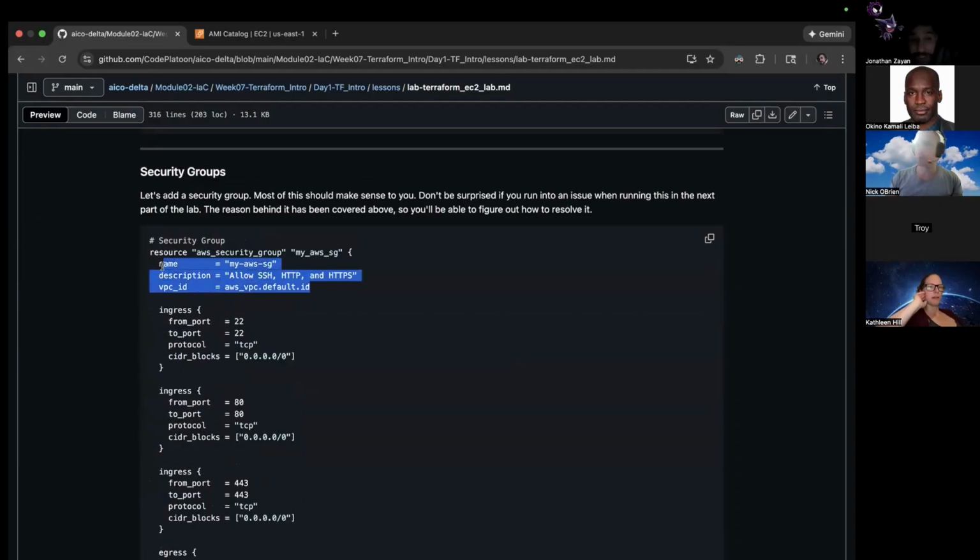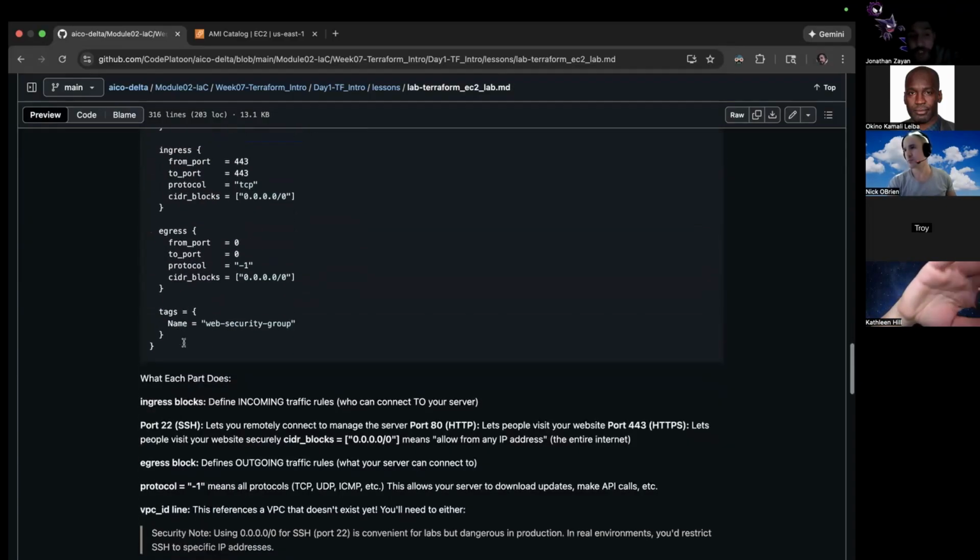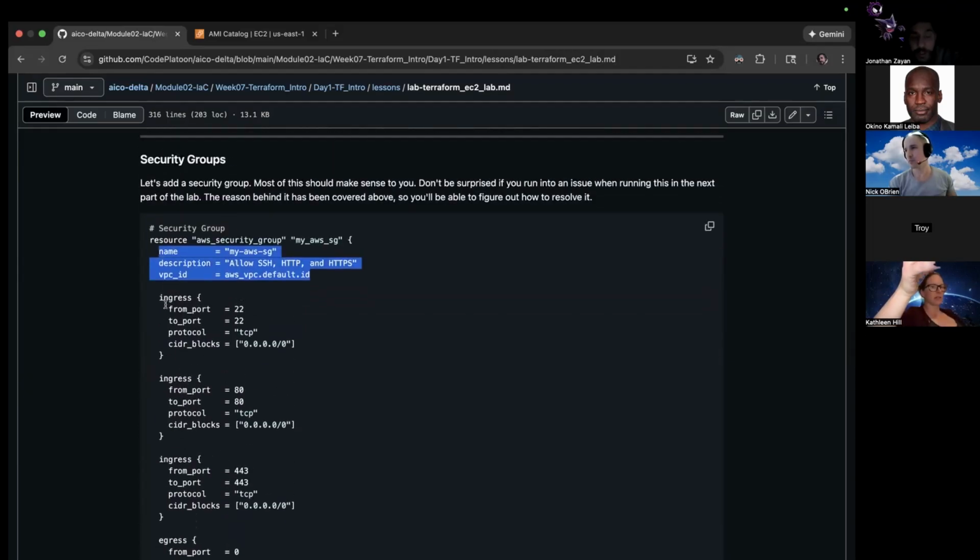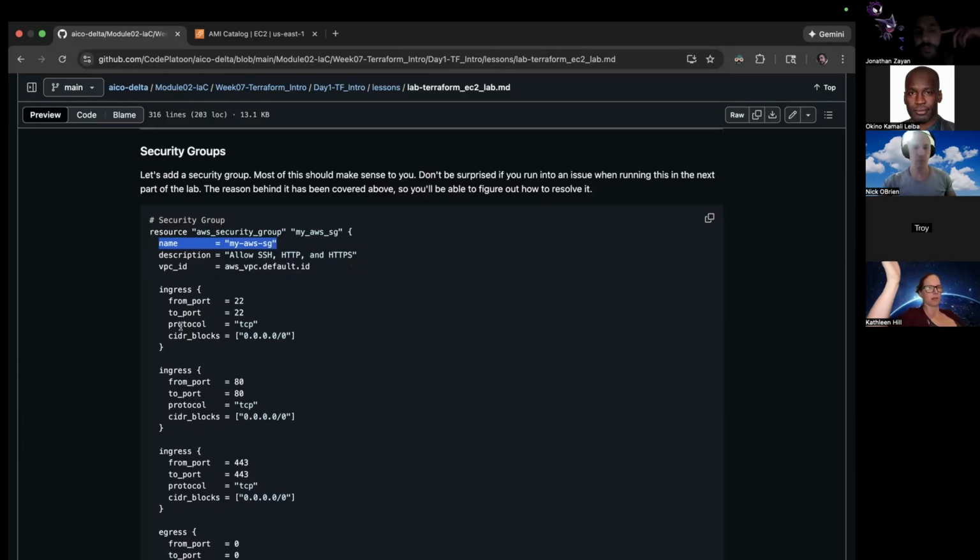But if I had to guess, I bet this is being utilized as probably part of the output. That right there looks identical to what it looks like when you're making it in the console GUI, because you put a name, you put a description in the GUI, and the next thing you can link it to a VPC from the drop down, right? So if you're just thinking through the console, I think after you run this and you go in, you would have a security group that's named my-AWS-SG, perhaps. Let's run it and see what happens.